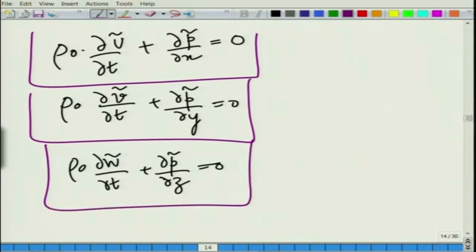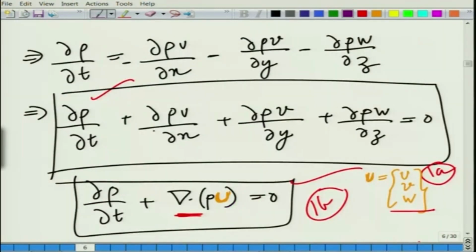This is your set of linearized momentum equations, or linearized Euler equations. What about the continuity equation? Remember we had this one. The arguments are pretty much like what we did last week for the one dimensional test case. In the one dimensional test case, of course, this term was not there, this term was not there, but now